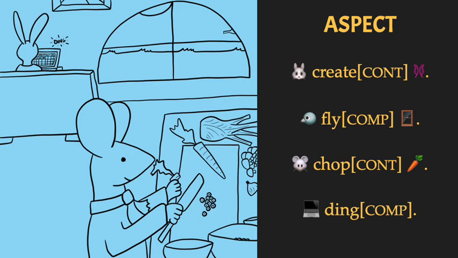But now when you shift a day and you want to talk about what was going on yesterday when that text message went off, you don't actually have to change the aspects, because you can say, relative to you texting me, here we were in this event, and so it's still continuing as of the time of the dinging. The flying was complete as of the ding, chopping was continuing, and then of course the ding